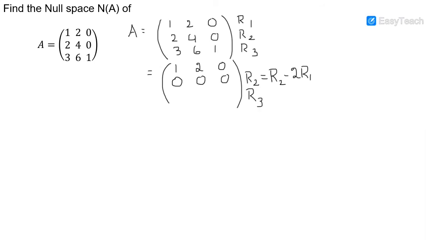Similarly, I have to make this element 0. So I need to do R3 is equal to R3 minus 3 times R1. So I have this as 0. 3 into 2, 6. 6 minus 6 is 0. This is 1. Now, if I multiply this with 3 variables, say x1, x2, x3,